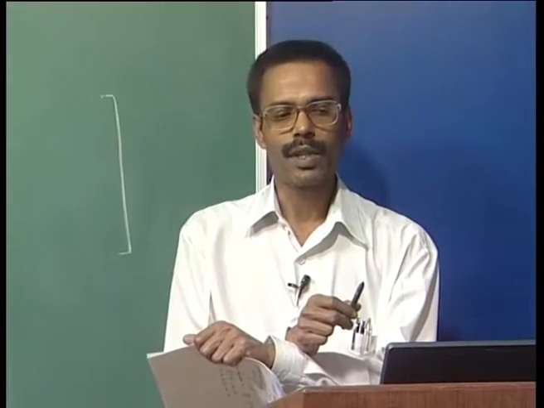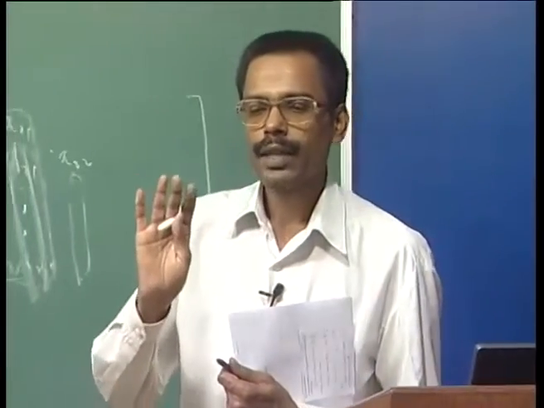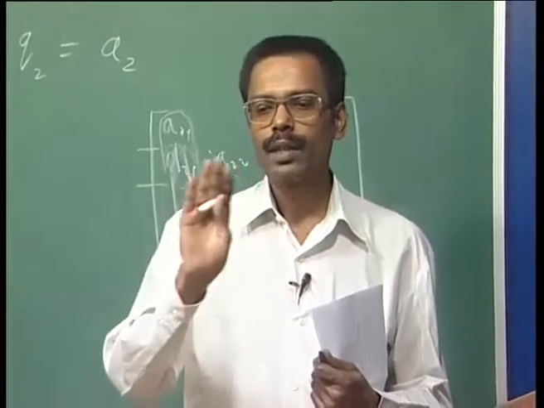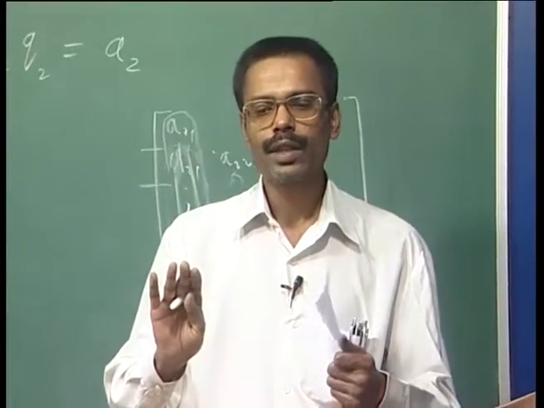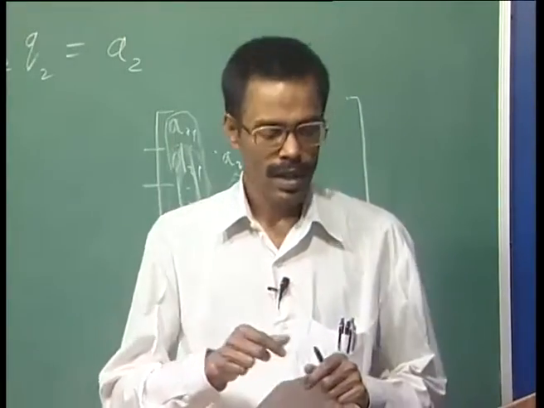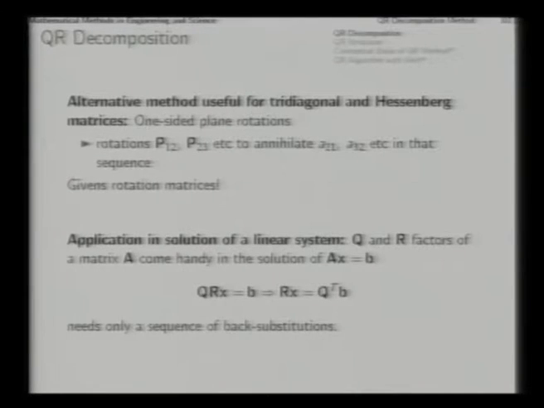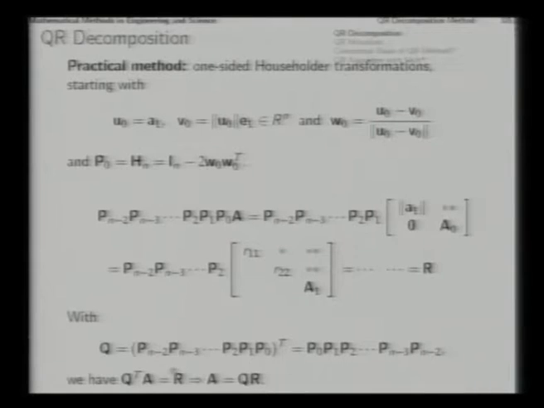First point is that if we multiply the Q and R factors in reverse, this is a very weird proposition to begin with. We have decomposed a matrix into QR factors, and the Q and R appear Q first, R next, and now we are suggesting that let us see what we get if we multiply them in reverse, RQ. It is a weird proposition to begin with, but if we do that, then we notice something interesting. Just now we have seen that R is Q transpose A, because A is QR. So, R is Q transpose A.